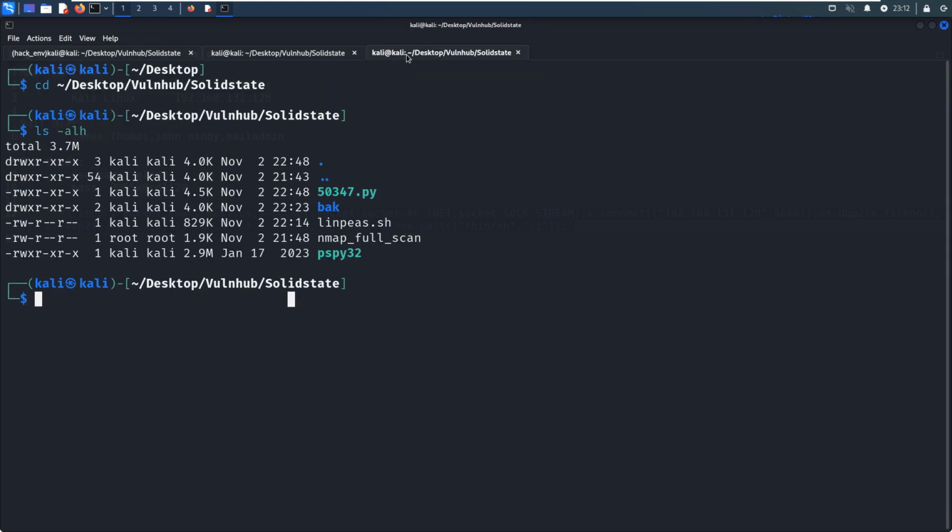And now we need to set up another listener on the Kali Linux to wait for a connection from the target. And this connection should be triggered by the super user root. And then we can get privilege escalated as we expected, right?